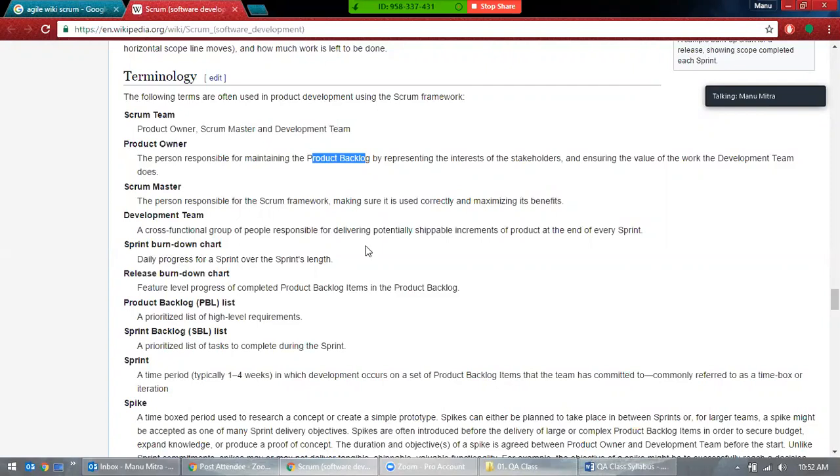As a developer or a tester, we cannot analyze that one-line statement as it is. That has to be explained and broken down into a little more detail, then jotted down in a proper way. That's an example, so I'm just giving you an example. Don't take it for granted. Product backlog is a very high level requirement.